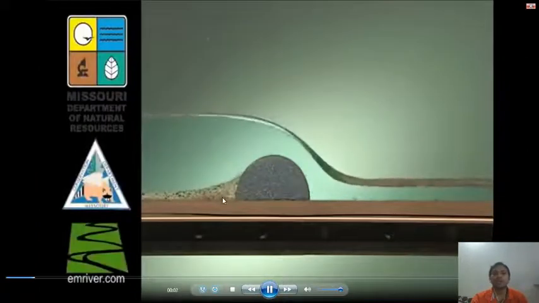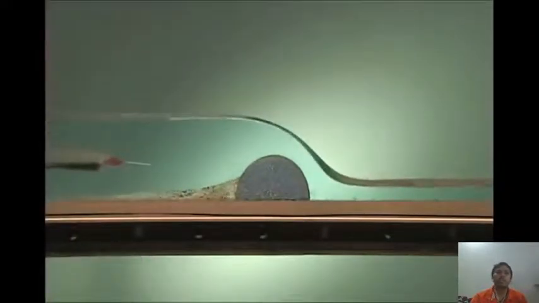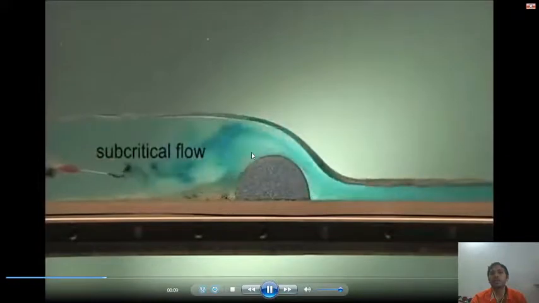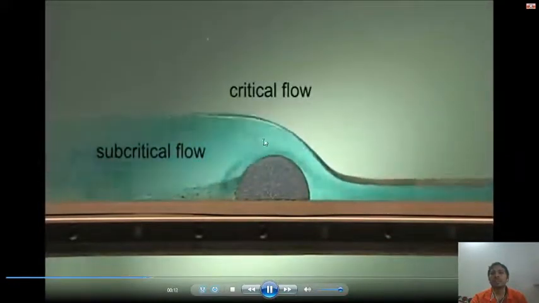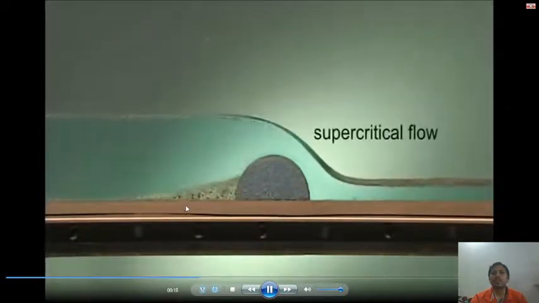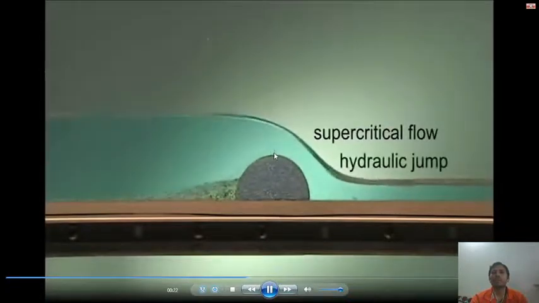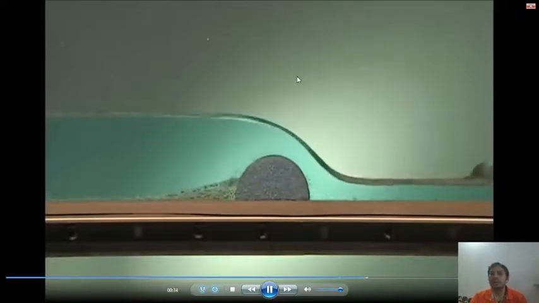So let us see the video. See how the water passes, and gradually the water rises above the hydraulic structure. So this is the portion where you can see that the depth changes drastically. This depth you consider as H1, this depth you consider as H2, and this depth you consider as the critical depth. So this flow we consider as the subcritical flow, supercritical flow, and the critical flow. Now you can see how the hydraulic jumps are created.